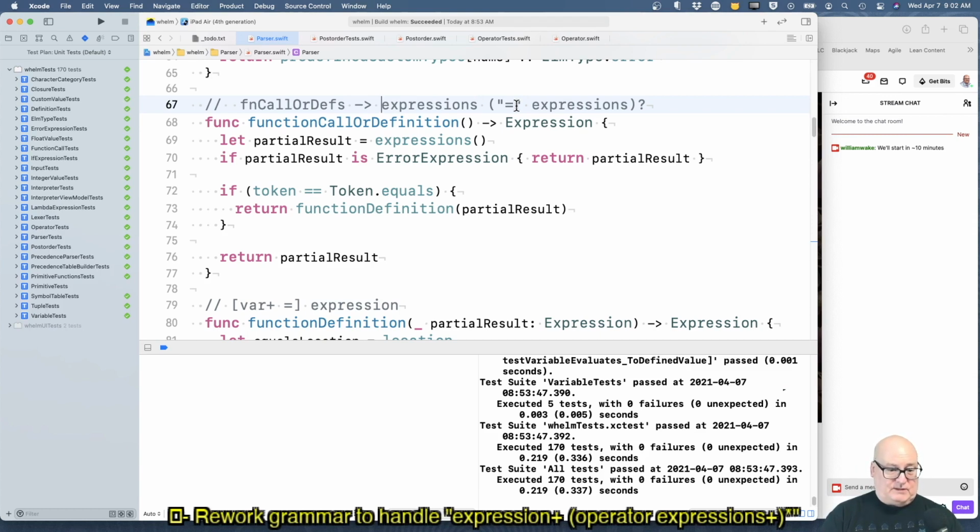But that first expressions, it could be function calls, it could have parenthesized expressions, it could be any arbitrary list of expressions, and they can be arbitrarily long. So there's no bounded point at which you have an equal sign and it's a definition. So we have a fairly general statement here. Function call or defs goes to expressions equals expressions, and the last part's optional. If you don't have the equal sign, it must have just been an evaluation. And if you do have it, then you shouldn't evaluate, you should define a new function.